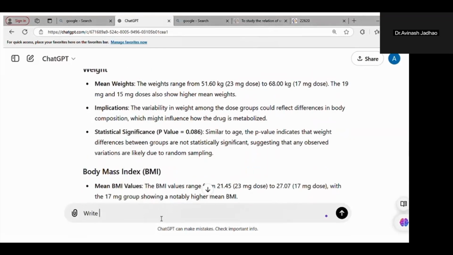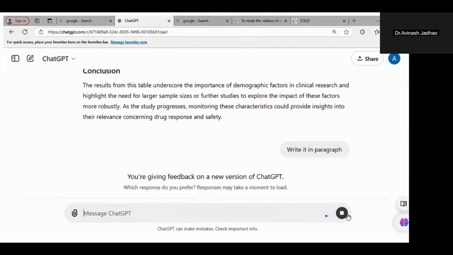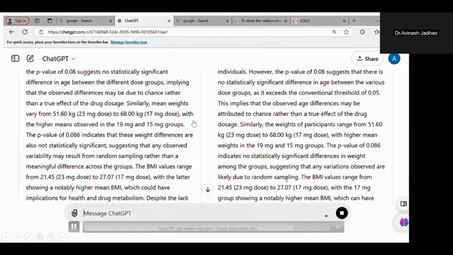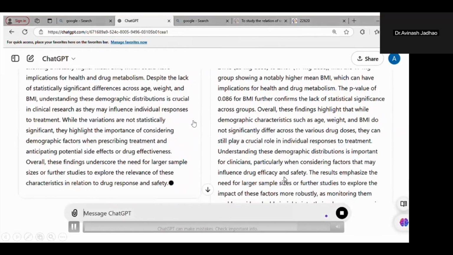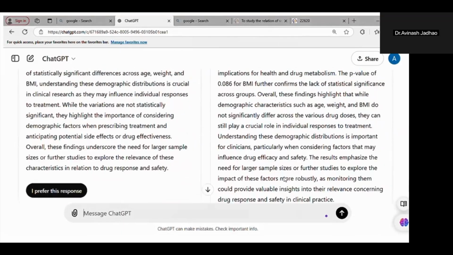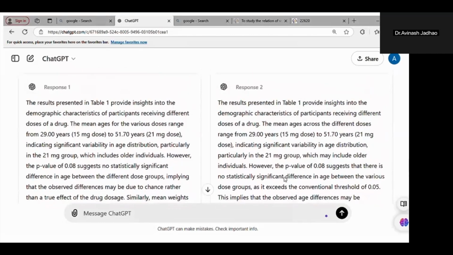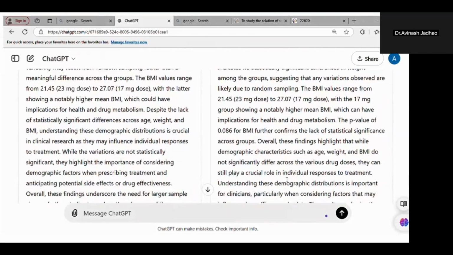Now write it in a paragraph form. If you want it in paragraph only, in a sequence, ChatGPT will write that. So here the responses are there. You can select which is a better response, which is a good response you want, and you can use that response for your result.